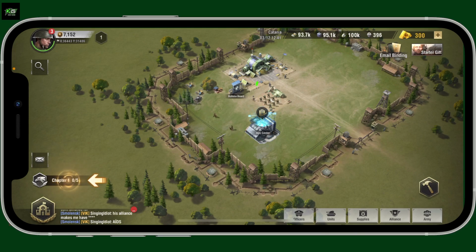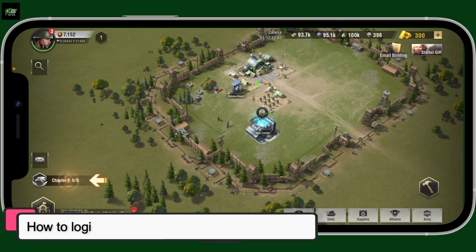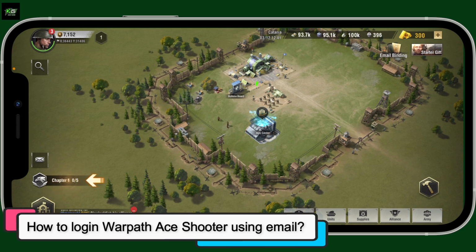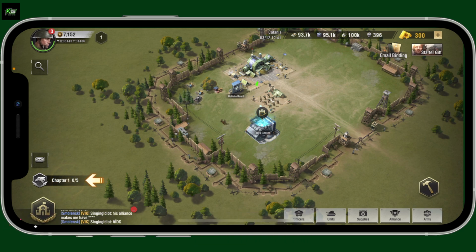In this video, I'm going to show you how to log into Warpath Ace Shooter using your email. To log into Warpath with email, first of all open up the Warpath Ace Shooter application on your device, and